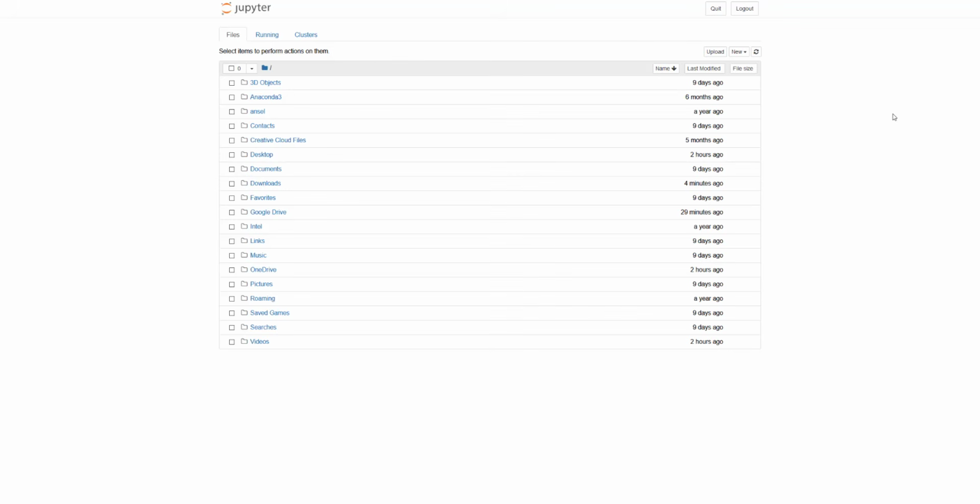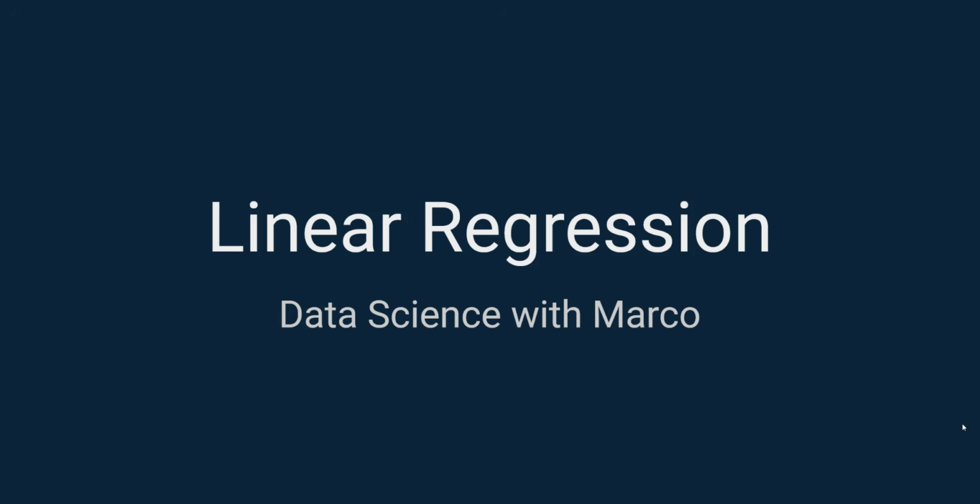And after a moment, you should see this page showing up. And that means that Jupyter is installed correctly and you're ready to do some data science. If you're on Mac, however, simply open your terminal and type in Jupyter Notebook with a space and you should be fine. Alright, now that we are set up, let's kick off this crash course with our very first algorithm,